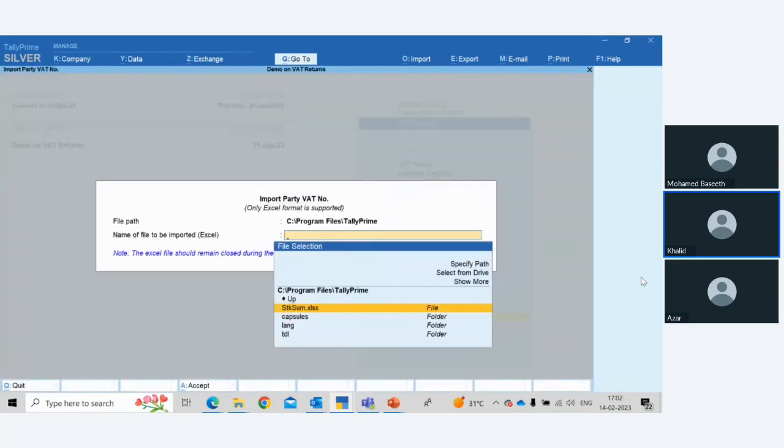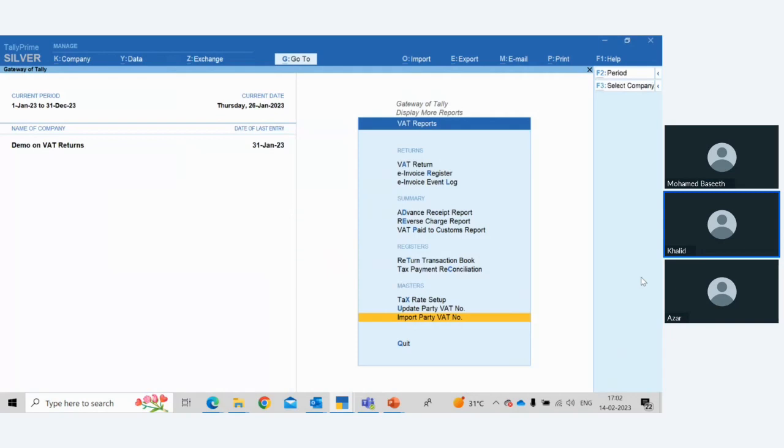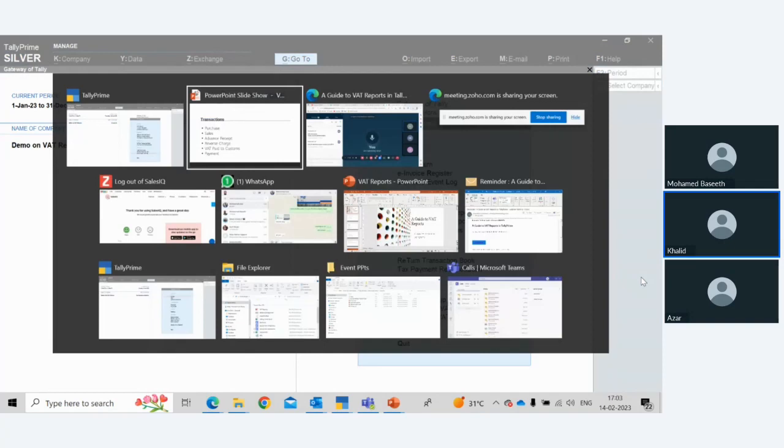So in the import format, the file format, you can create it by yourself, where you have the name of the ledger followed by the TIN number, and Tally will automatically import it for you. Once you give all the specific details, it will import it for you. So from my side, I have finished this demo. Let me just go back to the PowerPoint slide